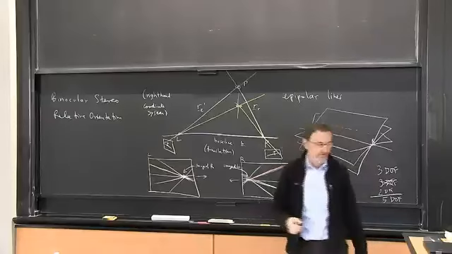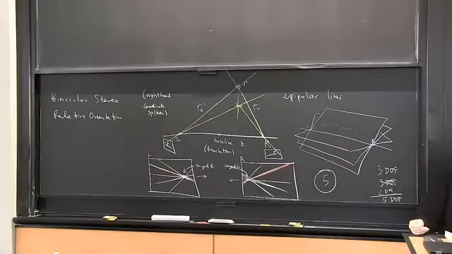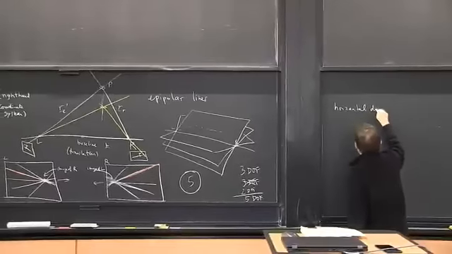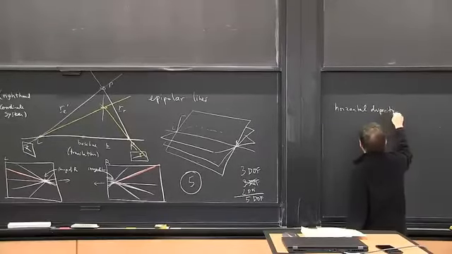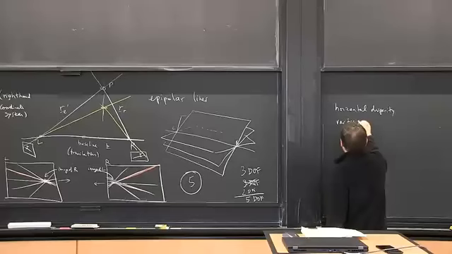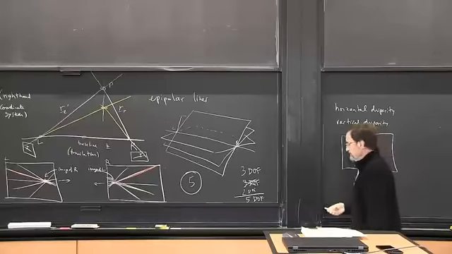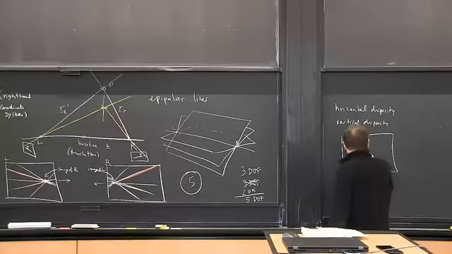And one sort of hand-waving argument is that each correspondence gives you one constraint. And why is that? Well, if you compare the two images, you'll often find that there's a disparity, and disparity has two components. Okay, so this is a situation where we're superimposing the two images, left and right, and we're comparing the image position of